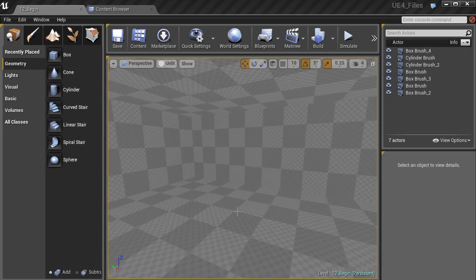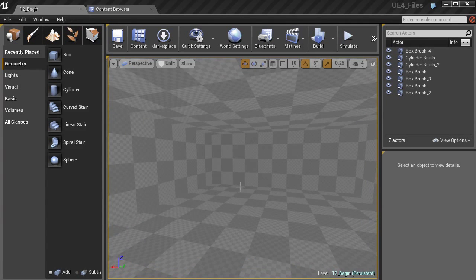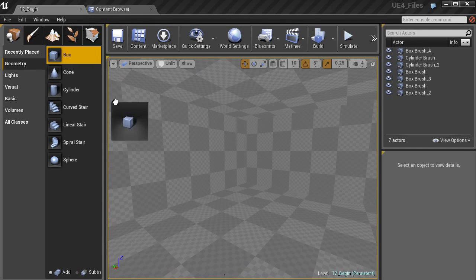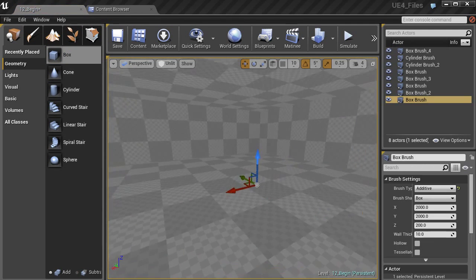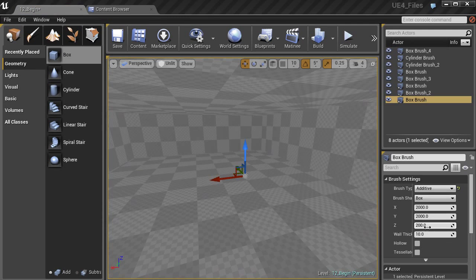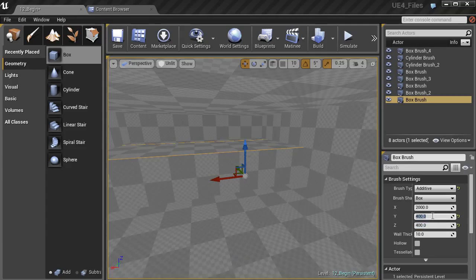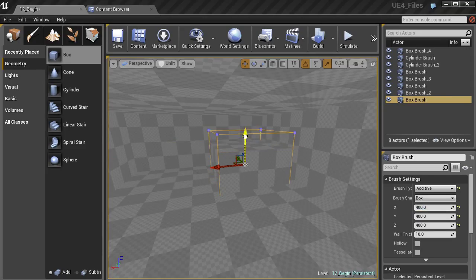Maybe there would be something that looks like a bathroom in here, and then maybe some sort of utility closet or something like that, just to add a little bit of interest to the room itself and give it a little bit more life. And so again, we're going to block this in using very simple techniques. We're going to use a box to get this started. So we know that the Z is going to be set to 400, the height of this. And then we want to set our X and Y values here. Let's go ahead and do 400 by 400 just to get us started here,